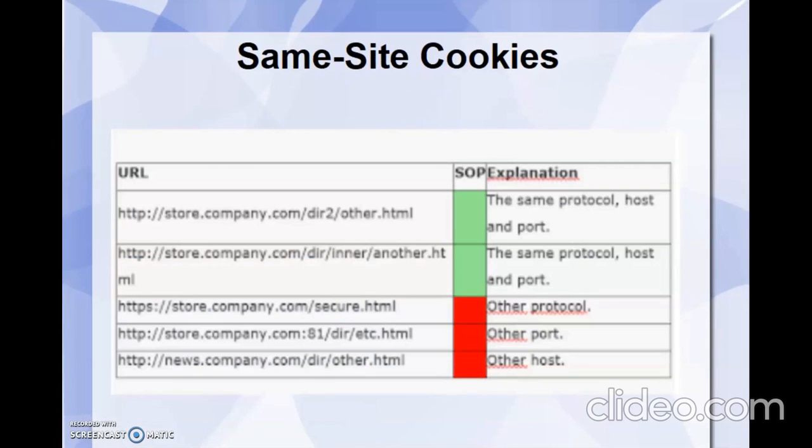The second strategy to avoid CSRF attacks would be same-site cookies. In order to know what same-site cookies are, we need to understand the same origin policy. So what does the same origin policy say? The same origin policy is that a cookie can only be sent if the request is made from the origin related to the cookie.